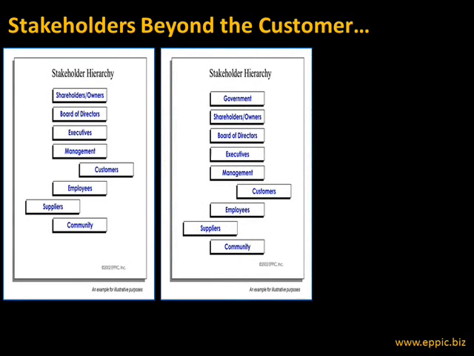In the next example, we show that the government, at a higher level in the stakeholder hierarchy, all enterprises are subject to the laws of the land, the laws, the regulations, the codes imposed on them by the governments in the areas that they operate. So regardless of what the shareholders want, the government overrules each and every time. The government wins all ties in the stakeholders' requirements.